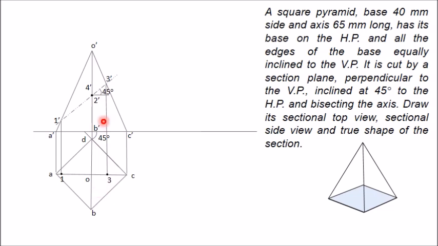But the problem is with this 2 dash and 4 dash. When you project these two points, you are not getting any intersection point because these lines, OD and OB, are overlapping with this projector line. So to get the exact position of 2 dash and 4 dash, in OD and OB you will get 2 points somewhere here, but the exact location of these points is not obtained directly. So for that you shift this point to any of these slant edges. Either you can shift it on O dash A dash or you can shift it on O dash C dash. I have shifted them on O dash A dash.